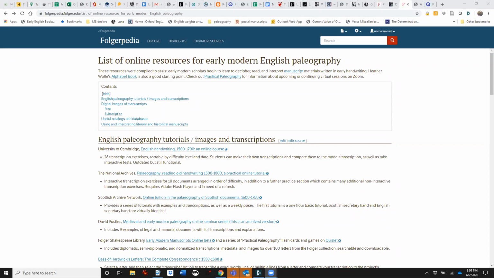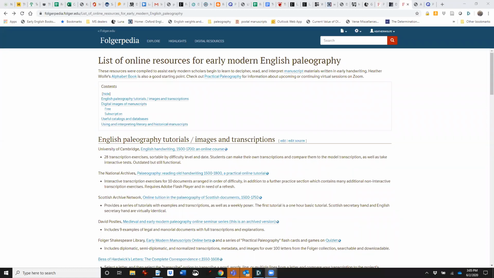This list of online resources is on Folgerpedia, which is the Folger's in-house wiki, so it's very easy to make changes and additions. This is essentially a bibliography that I've been using with the paleography classes that I've been teaching for the past 15 years or so, and I've been adding to it and subtracting from it.